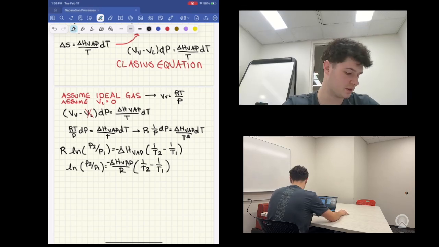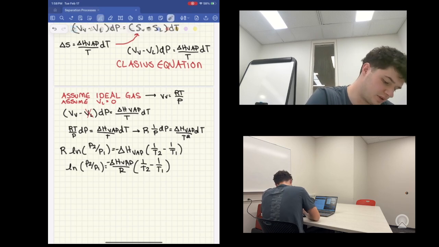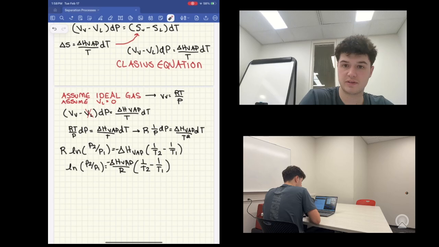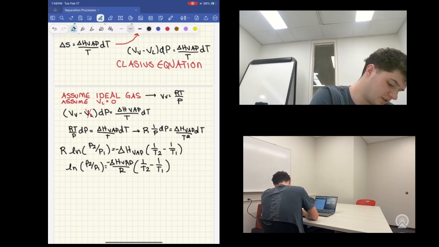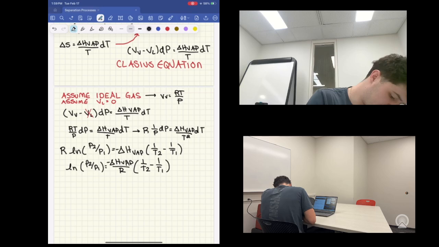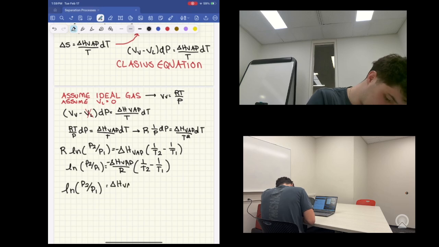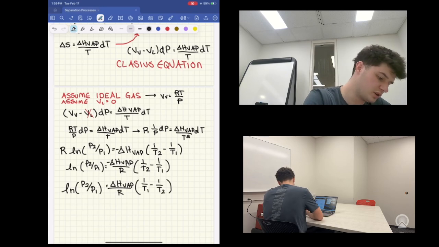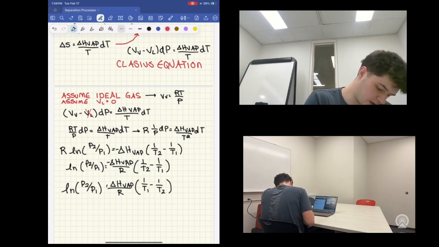So now, before we write our final equation, we do have to fix one thing. As you can see right here, there is a negative in front of the H of vaporization. And to fix this, we are actually just going to swap around the T2 and T1. So our final equation is, try to write it in very nice handwriting, ln P2 over P1 equals a positive heat of vaporization over our R times 1 over T1 minus 1 over T2, and again that's because we had a negative sign out front. So I will draw a nice red box around this